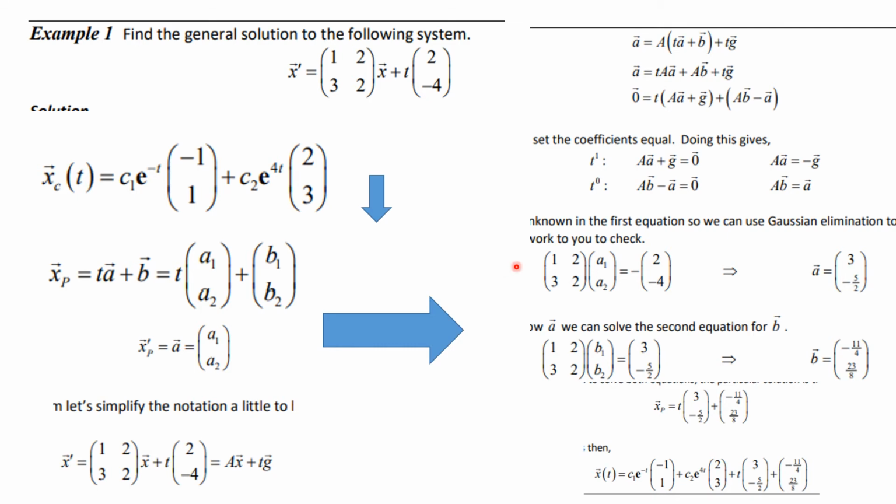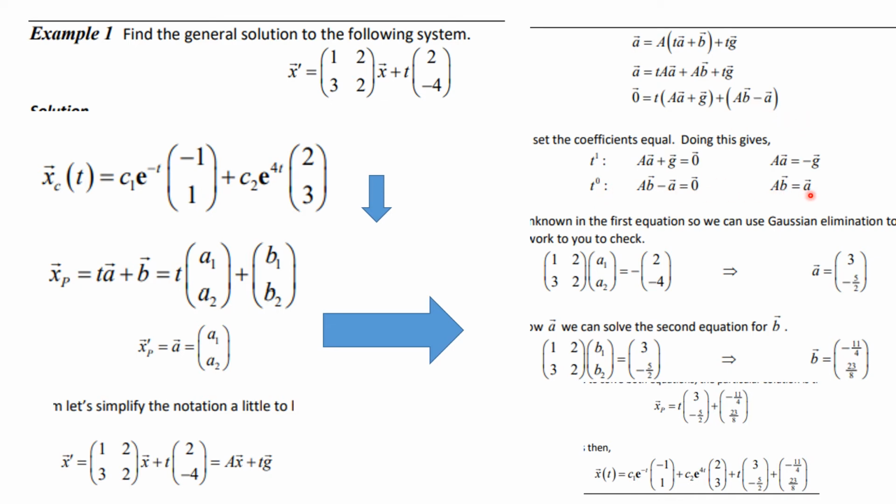And so we go down and we write that down, and this is what we get, and that tells us that when we solve this system of two equations and two unknowns, that vector A has to be 3 and minus 5 halves. Now similarly, our second equation, this one, when that is equal to 0, that means